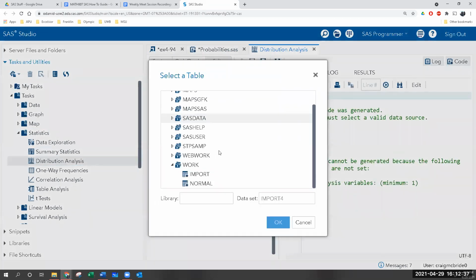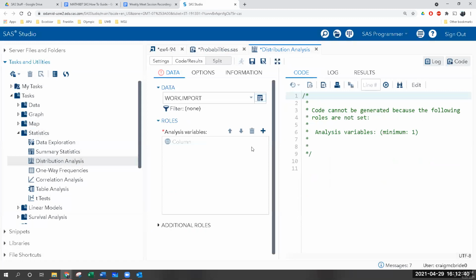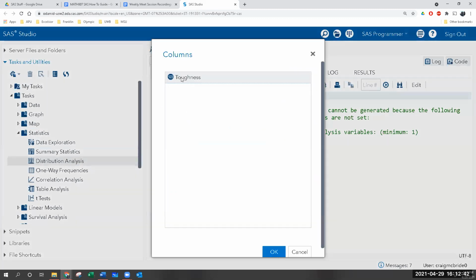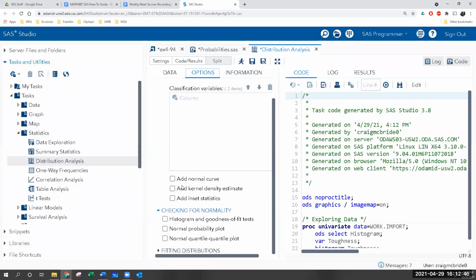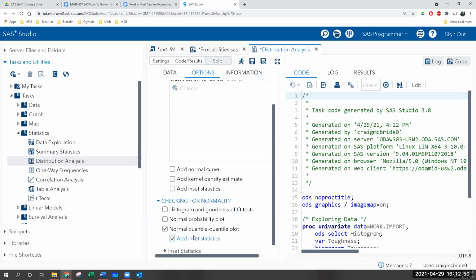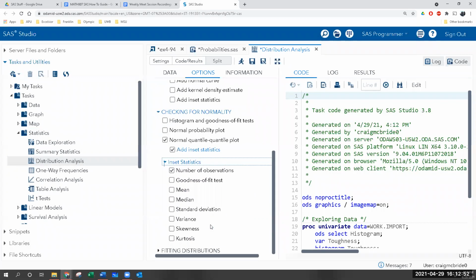So import, add toughness, options. So normal QQ plot, add insert statistics, and then down here you have to tell it which statistics to run. We don't need number of observations, but what we need is the goodness of fit test. And then if you run that,